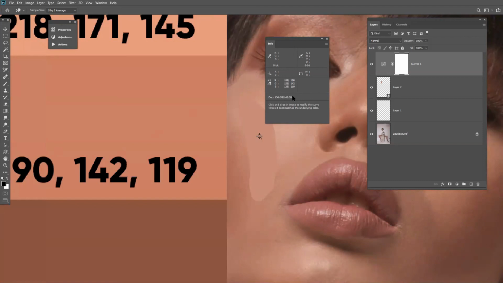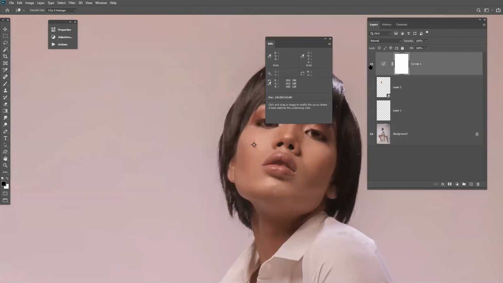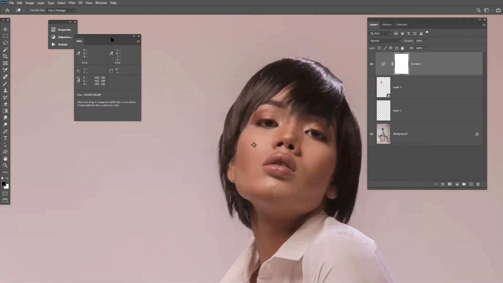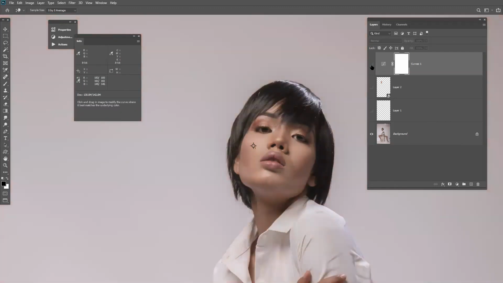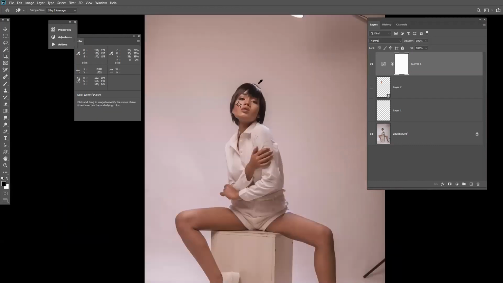We can see the changes over here. Can you see the changes over here? Yes, sir. Now see. Can you see the skin tone changing? Now we are getting a more vibrant, much proper texture, and the white cast is gone from the skin tone. Can you see the difference? Yes, a huge difference there. So this is how we try to match the skin tone with a given chart.